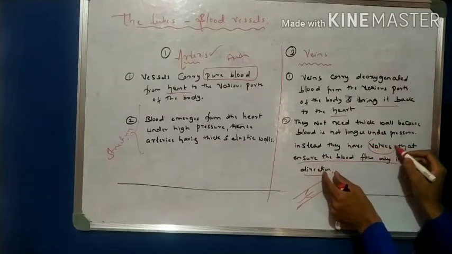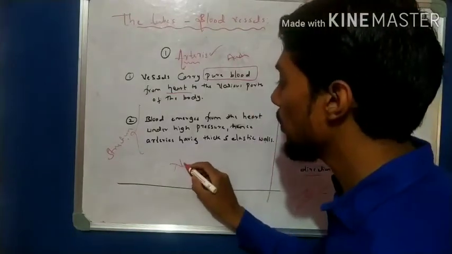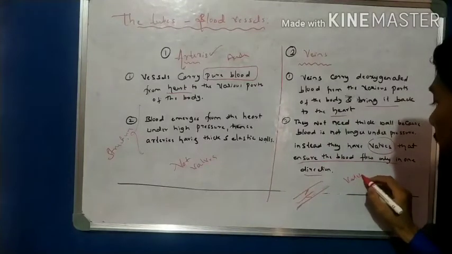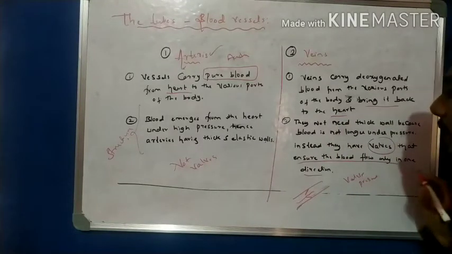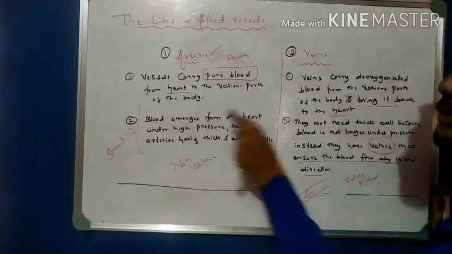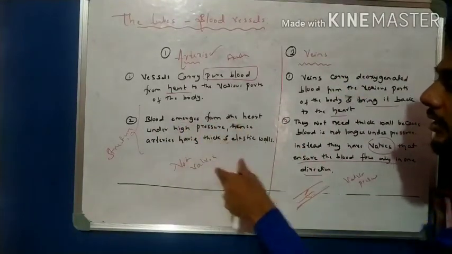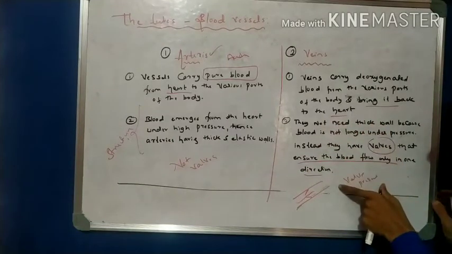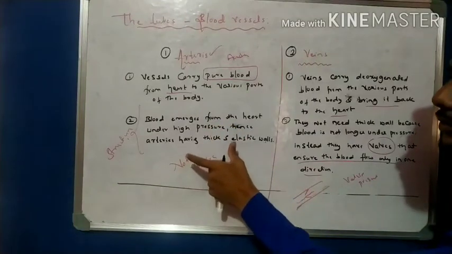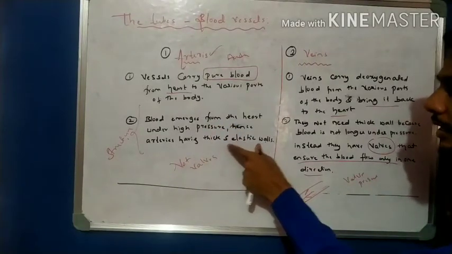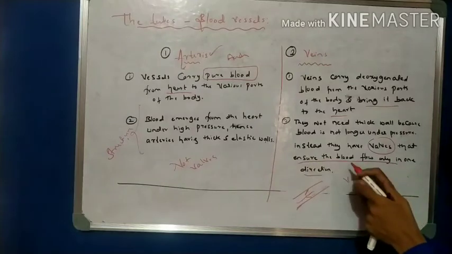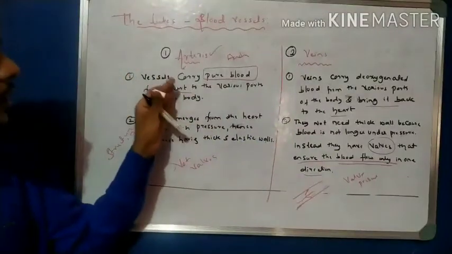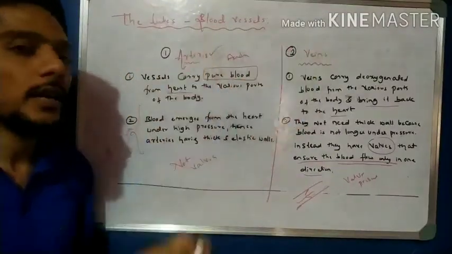That is the difference, right? In arteries valves are not present, but in veins valves are present. That is a very important difference. Here valves are not present. Why? Because of the high blood pressure; blood emerges under high pressure. But here valves are present. Why? Because of low pressure of the blood. In high pressure blood, valves are not present; instead thick and elastic walls are present. But in veins valves are present to ensure that the blood flows in only one direction. So that is a very important point about the functional and structural differences between arteries and veins.